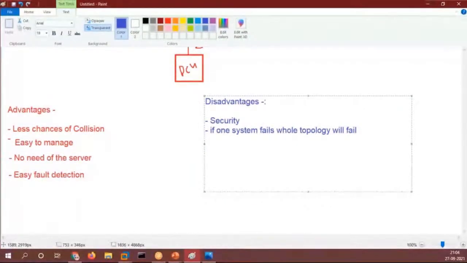If one system is failing, the whole topology is failing. Now it is slower as compared to your bus topology. It is slow. Is it expensive, guys? Yes, it is expensive. Nice answer, Mr. Sidhu.